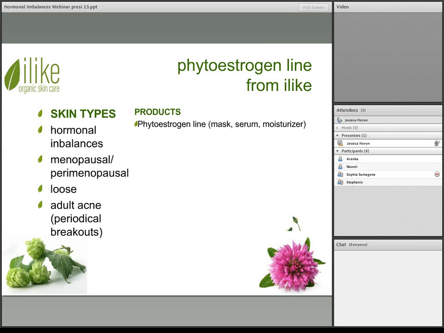So when I recommend the product at home, I'll usually suggest an exfoliator to go along with it, so that way they can exfoliate ahead before they do the mask. They would leave it on, and you in treatment can leave it on too as well. And we'll show this in the demonstration of the phytoestrogen facial, anywhere between 15 to 20 minutes for the best effects. But if you don't have that much time in your facial treatment, at least 10 minutes would be the best. So that way, anywhere between 10 and 20 minutes, so you still get an absorption of the nutrients from